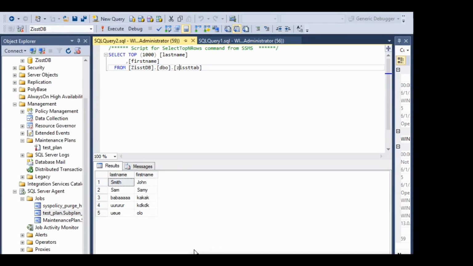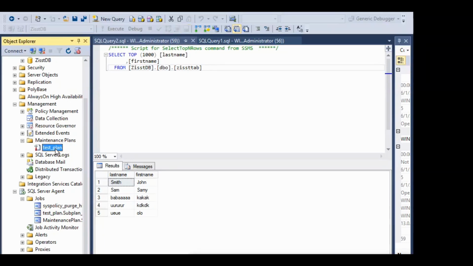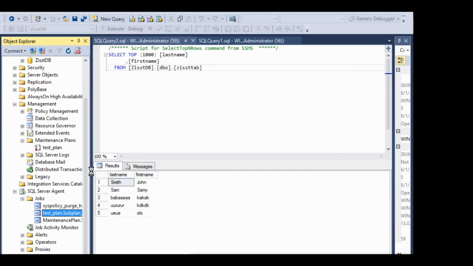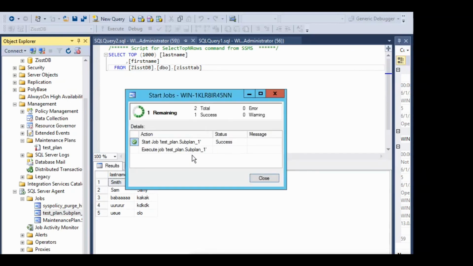Okay guys, so we have the test plan right here, and then if you go under the SQL Server agent jobs, you will see a test plan right here. So I will right click the test plan and start the job. So the job is gonna run. The job completed. We'll close this window,